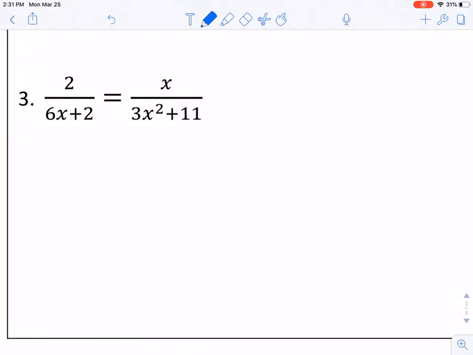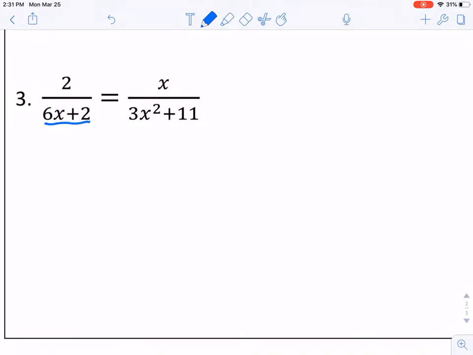So 3, if we look at this, we look at here first, that's going to be negative 1/3. And if you look at this, you're going to end up taking the square root of a negative number, which doesn't happen. So therefore, x can only not equal negative 1/3. Okay? So here we go. Let's